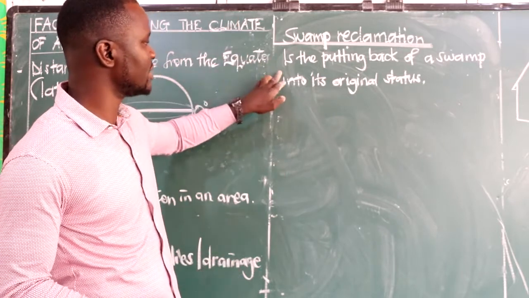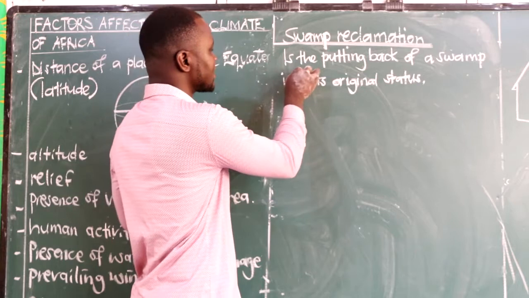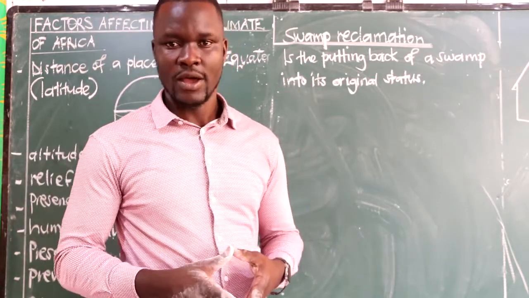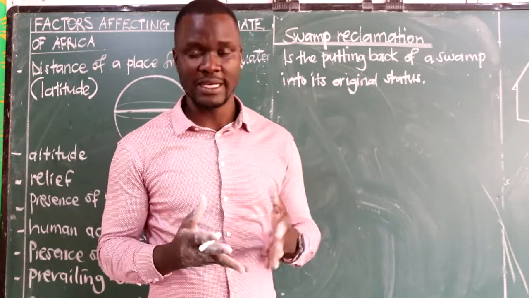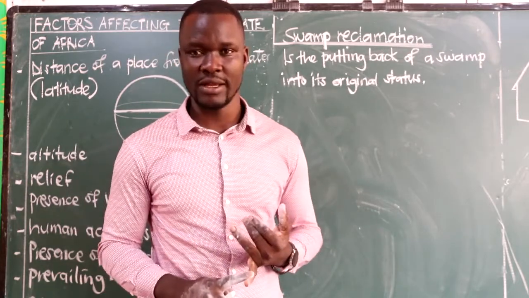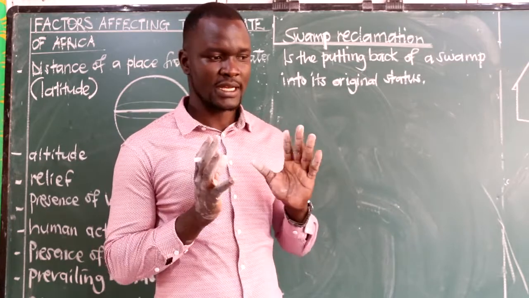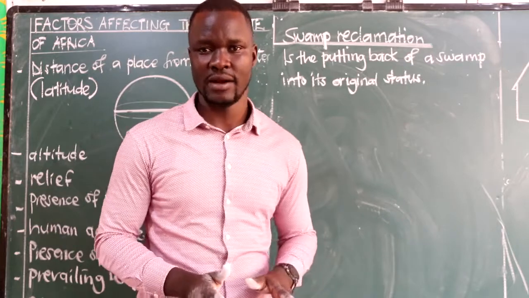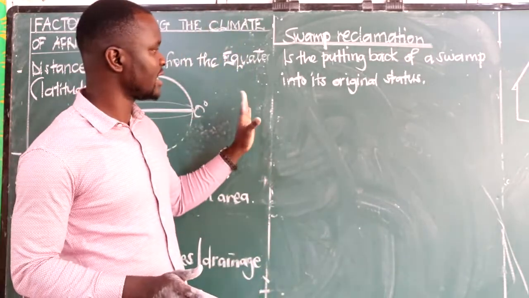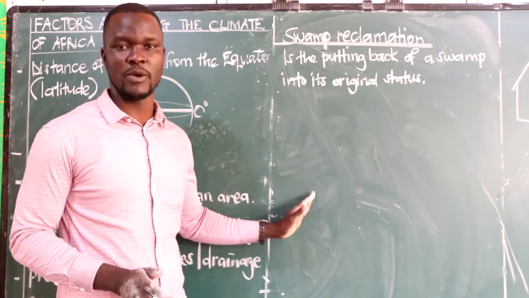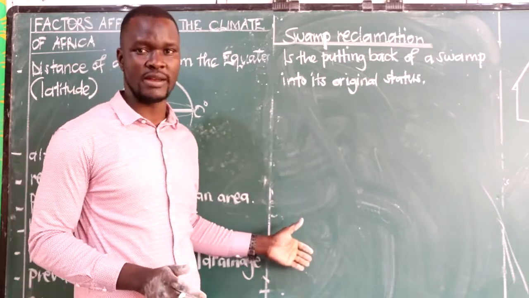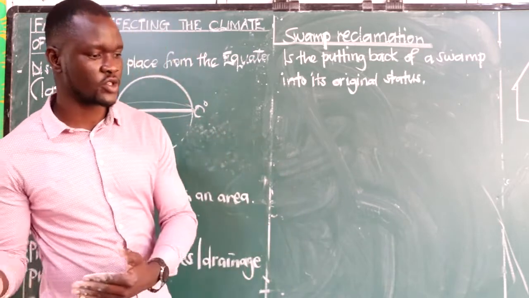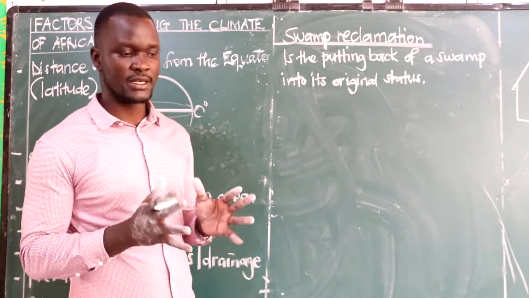remember swamps are supposed to be existing in some areas naturally. And we have a swamp, by definition, we say it is a waterlogged area with vegetation. So that is an area which is supposed to be having water and vegetation naturally existing in an area. So what happens, we say that there are these human activities that people can do in these swampy areas. For example, we talked of swamp drainage. So sometimes people destroy a swamp such that they get space,